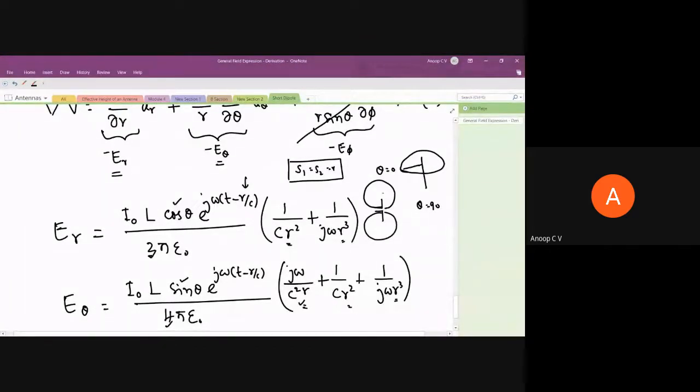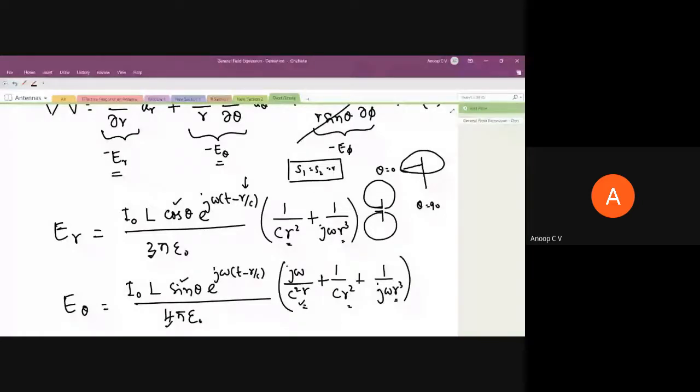So if you see an antenna field, now those who want to leave can leave, not a problem. What I'll do is I'll just continue. I'll write the expression for the far field pattern again, and I'll post it. Those who want to leave now can leave, and you can watch it on YouTube. Already I've taken 5 minutes extra. I don't want to stop it here. If I just complete that, I think that would be fine. Or else should I stop here? Maybe I think I'll stop here.